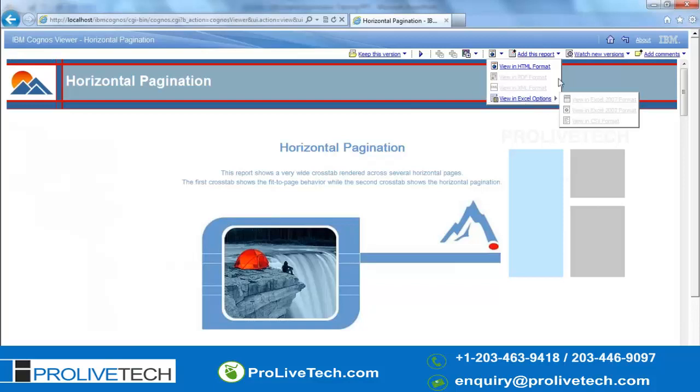Then this report you can add to my folders or my bookmarks. Again you can run from here. If you have multiple filters in this particular report and you want to select different filters, you can run it from here and view the data differently by selecting different prompts.